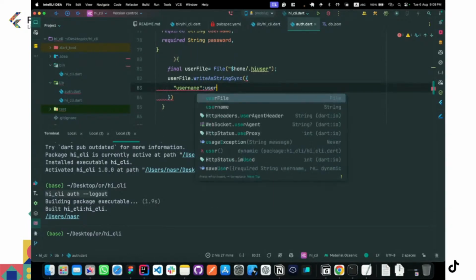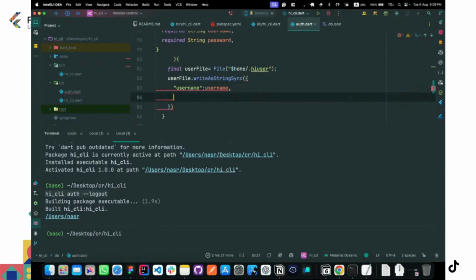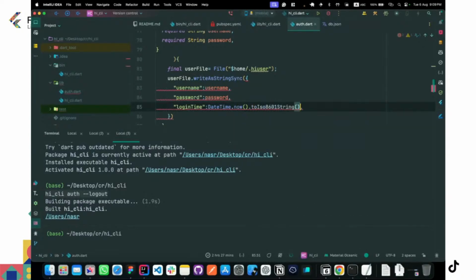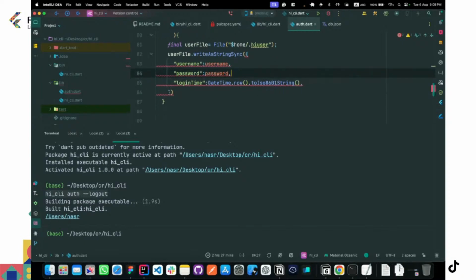All right, username, then the password is password, the login time is DateTime.now().toIso8601String(). Now the code gives us an error because here we selected writeAsStringSync,